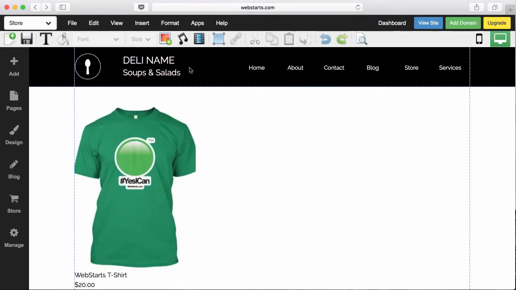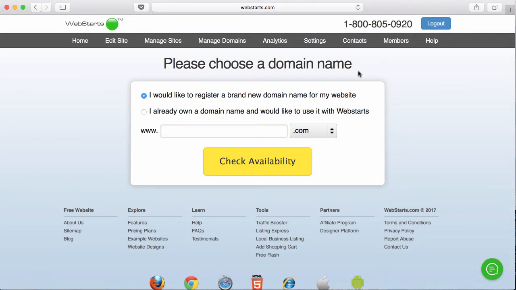One thing you'll definitely want to do with your website is add a top-level domain name. When you signed up for a free WebStarts account, you chose a unique subdomain name under the webstarts.com URL. So, for example, I might have demo10.webstarts.com. To get your own custom domain name like webstartsstore.com, you would click Add Domain, upgrade to one of the paid accounts, and then choose to either register a brand new domain name